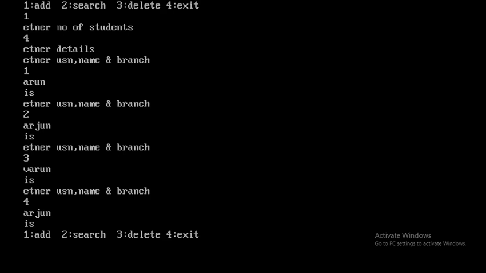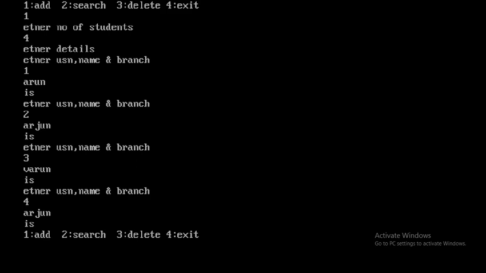Now, as they have not asked for the display function, I have not added it in your program. If you want, you can just copy and paste the display function from the 5th lab cycle program and update your main function also. As per the syllabus there is no display, so I'll just exit.